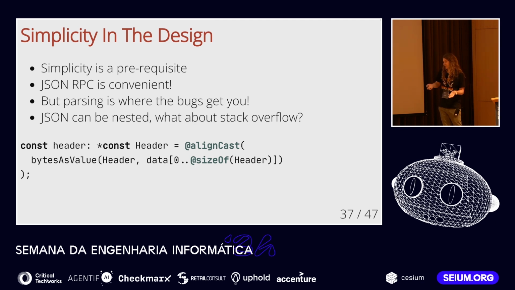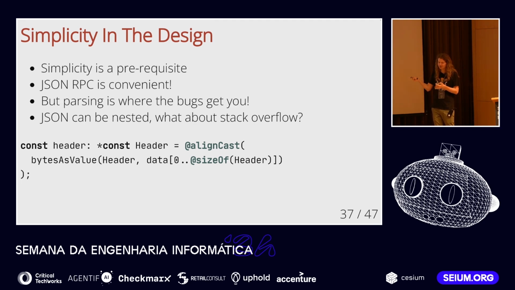So what we do with TigerBeetle, again, is radical simplicity. We say, okay, let's say that every message in our system starts with exactly the same header, which is fixed size. And then we just cast the slice of raw bytes we received over the network to this header. This is our parsing code. This is super simple. And that's what I'm saying when I'm talking about simplicity. You could really go from gRPC to here.